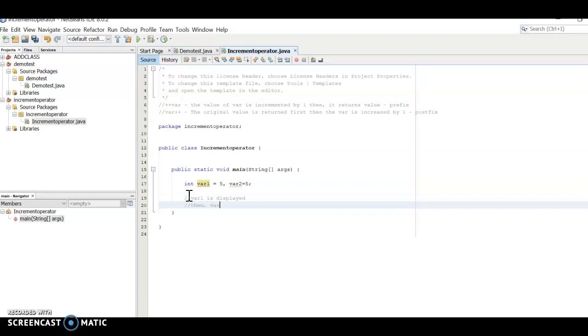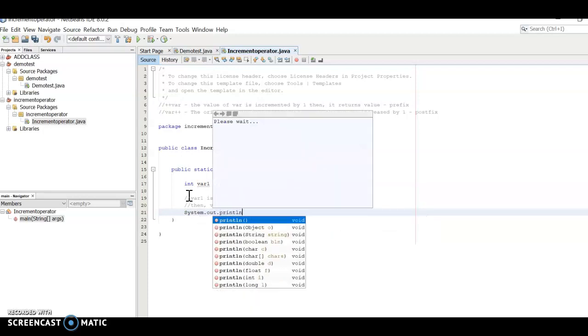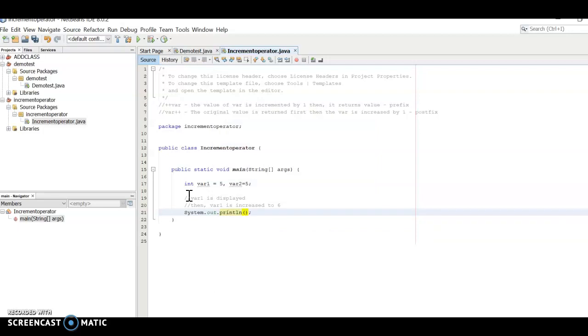Then var1 is increased to 6. Okay, that's what I am saying, but let's look at the system in a while. So system.out.println, and we say var1 plus plus. Then we come up with var2 is increased to 6. Then